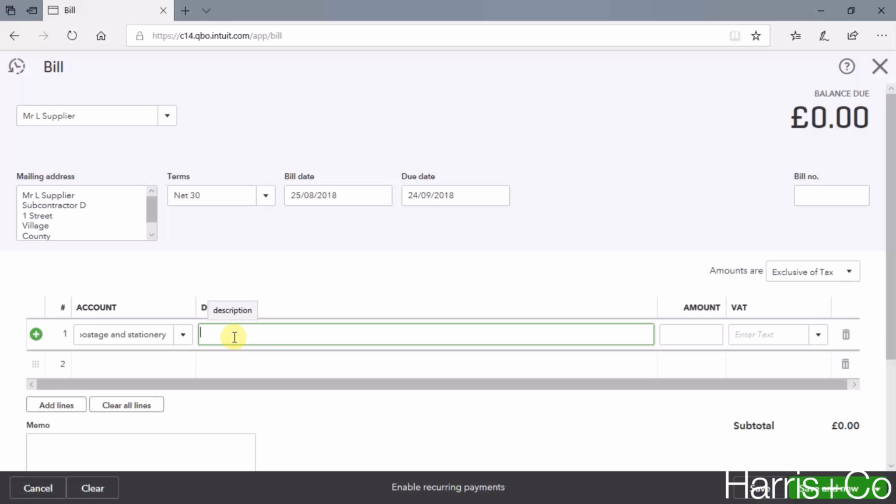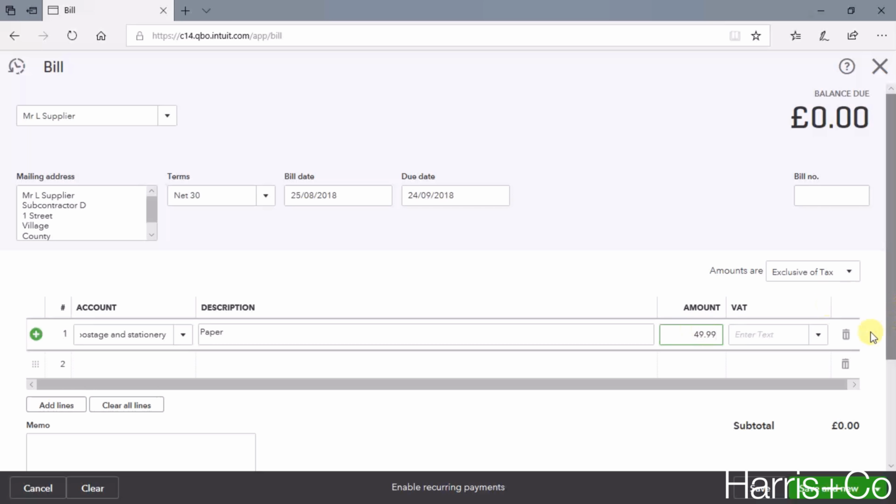I'm then going to provide a little bit of information about what was on the purchase invoice or bill, just so that when we look at this in QuickBooks, we don't have to actually go back to the physical invoice, the paper record, just to find out what was on there. We can just use QuickBooks as our main source of information, our primary source of information. So from here, I'm just going to say we bought some paper. And how much we bought it for? Let's say we paid